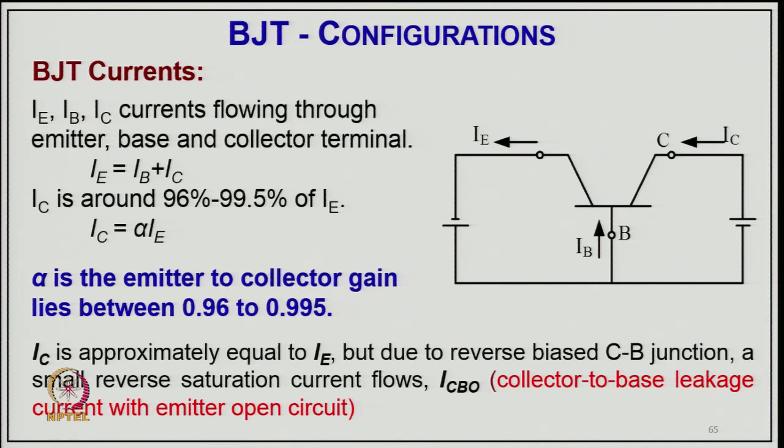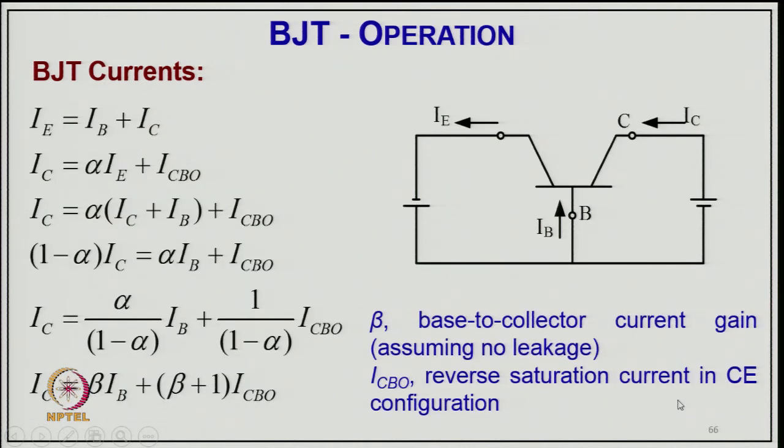IC is approximately equal to IE, but due to the reverse biased CB junction, a small reverse saturation current flows, and ICBO is the collector to base leakage current with the emitter open circuit. Typically, we can say for the BJT, current IE equal to IB plus IC here. From this, the Kirchhoff current law relation, IC will be alpha IE plus ICBO, and from this we can say IC equals alpha times IC plus IB plus ICBO, or (1 minus alpha) IC equals alpha IB plus ICBO, or IC equal to alpha upon 1 minus alpha